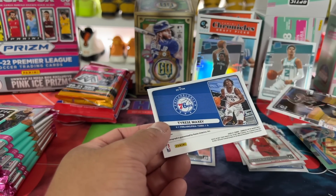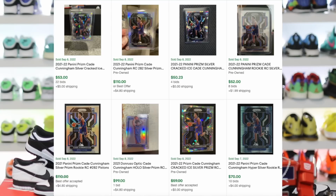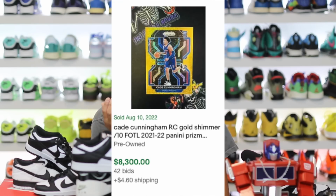It sounds silly, but those cards are significantly more expensive than a silver border. Cade Cunningham is going to be maybe $40 or something like that. If you pull his black or gold version, depending on the product, I mean, it's worth thousands and thousands of dollars. But everybody wants a Cade Cunningham rookie card of some sort,